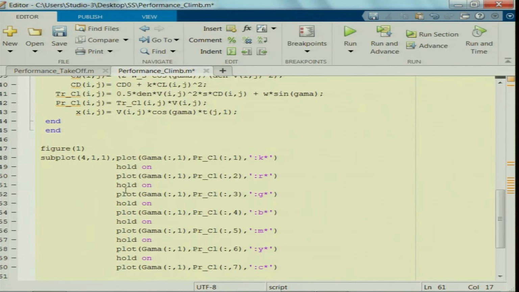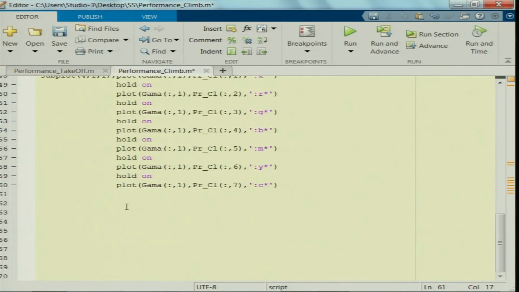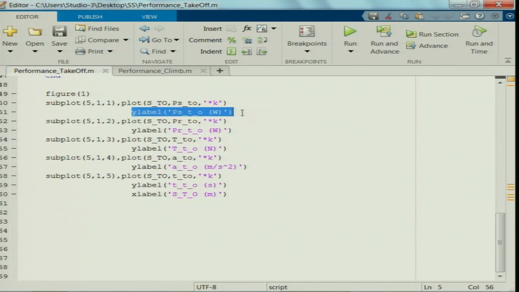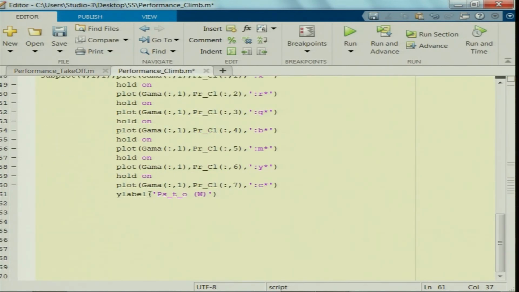I am no more holding it on this particular plot. After the y label and x label, I am just copying it to save a few seconds. So, power required, that is what we are talking about, power required for climb.